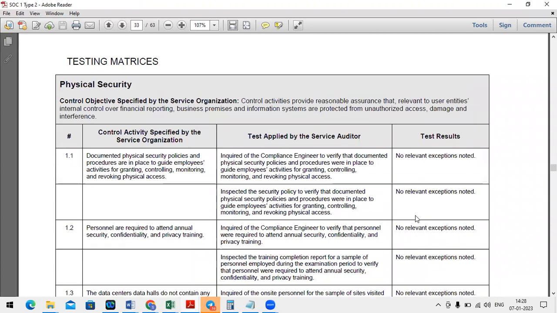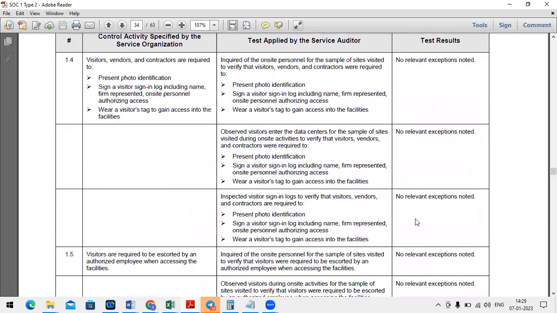Everything. How this report is generated is that every team has a specific responsibility to perform. For example, in a particular internal audit, 2 people are working on access provisioning and deprovisioning, and 2 people are working on change management. Whatever they have tested, they will simply copy and paste into this report. Every team will do that. Then the lead will collate all the information and send it across to the user organization,